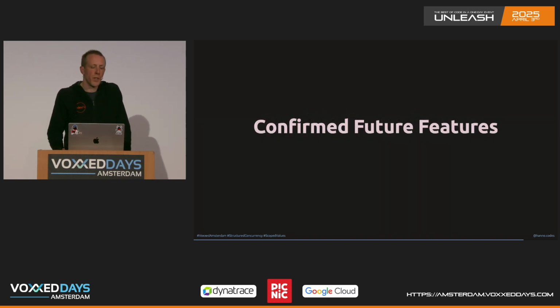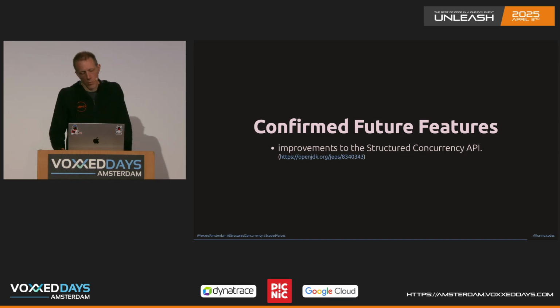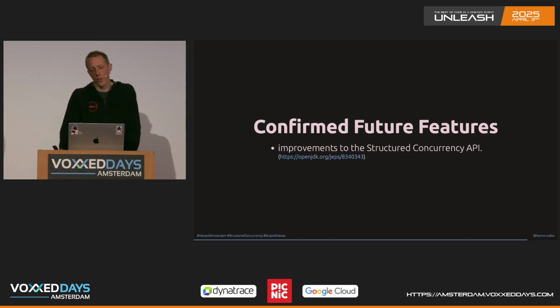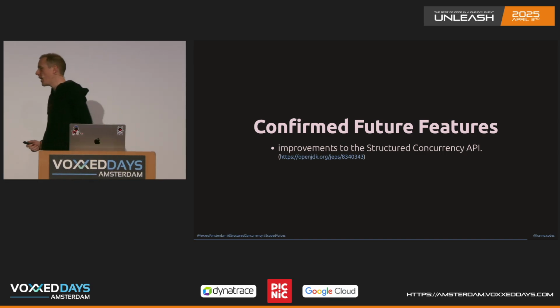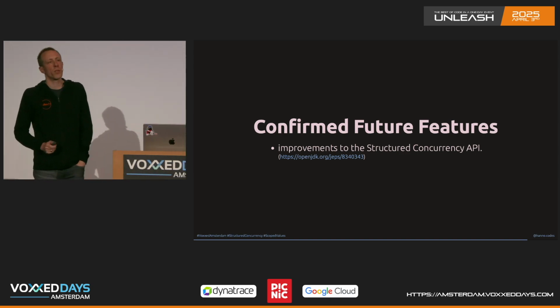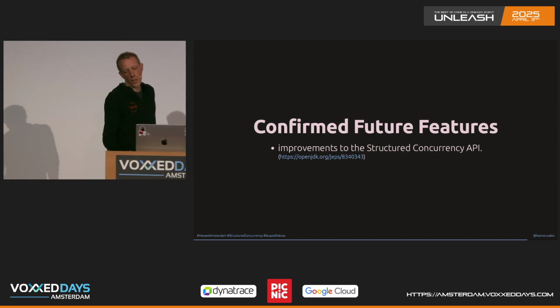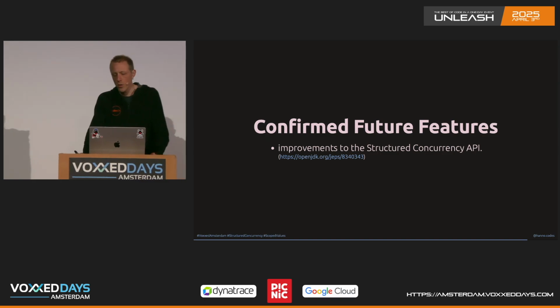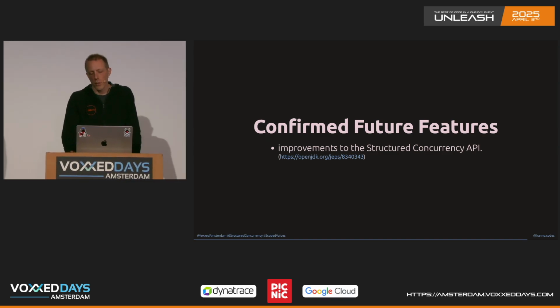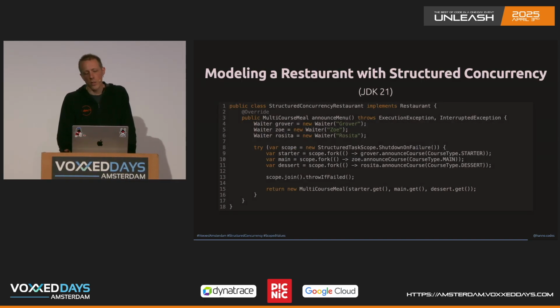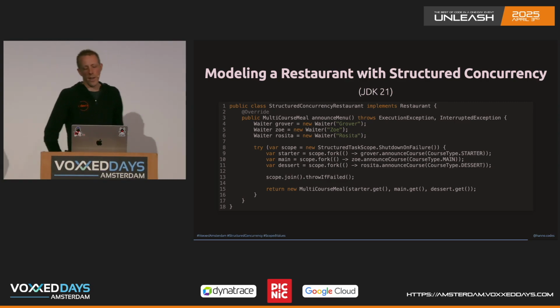There is one future feature confirmed, and those are the improvements to the structured concurrency API. This is currently a JEP draft. It didn't make the cut for Java 24, so hopefully Java 25 will contain it. A few things are going to change. The basic mechanism is still the same, but the way you create structured task scopes will change, probably in JDK